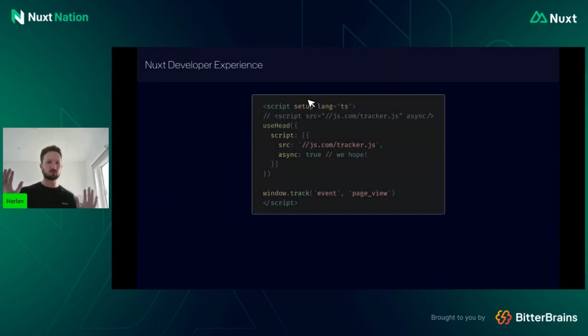So yeah, look, we can use third-party scripts quite easily at the moment. We have useHead, the unhead composable, and quite simple, right? We have our source and we have async. Please make sure you're using async or defer in your scripts. And we're just going to call a function that this script is going to provide on the window. So you might have spotted the issue already, but